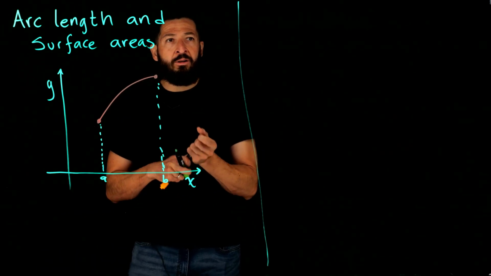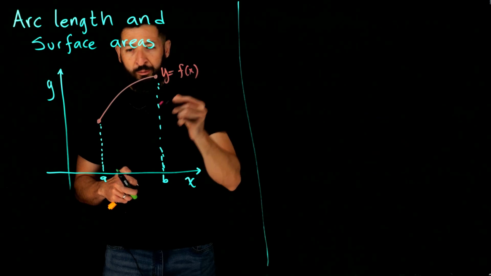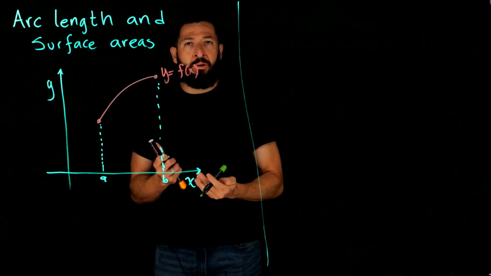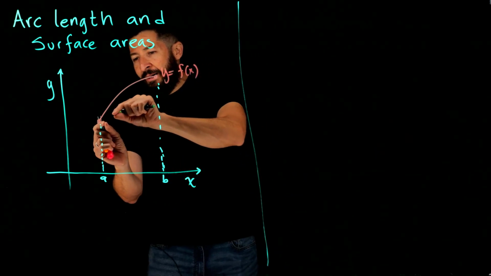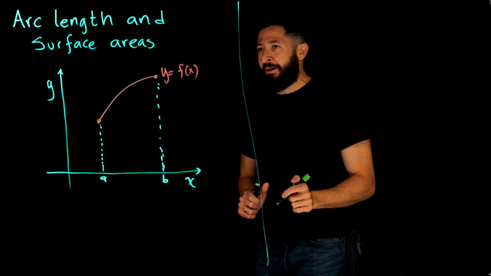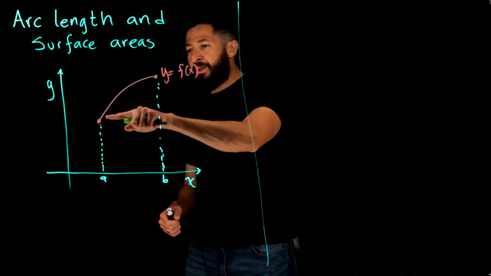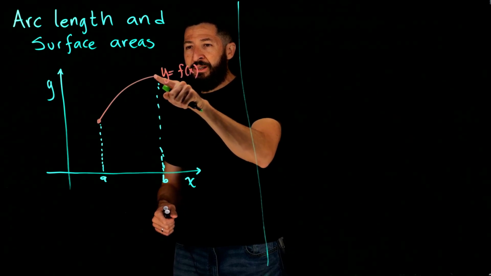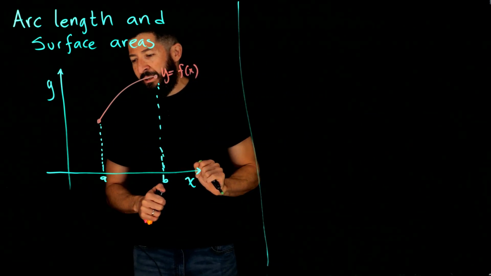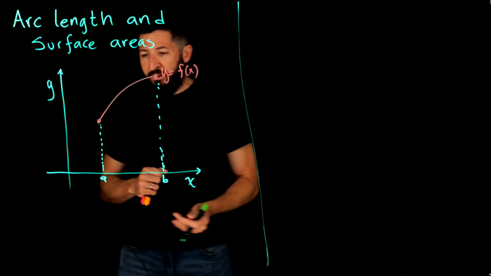All right. So let's say f of x. What we'd be interested in is measuring the length of this curve. So if you had a little piece of wire and you could put it around it and then measure it down, how long would that be? And what would that be useful for? Well, imagine you're designing some sort of application where you need a cable to go around that curve, you could then measure it, cut it and put it in. Or